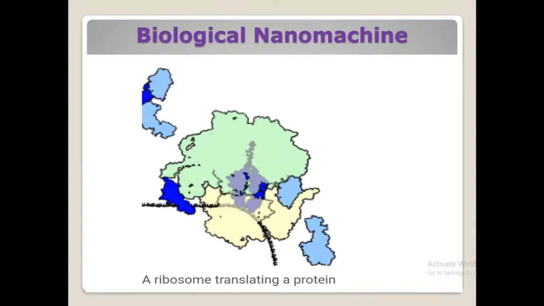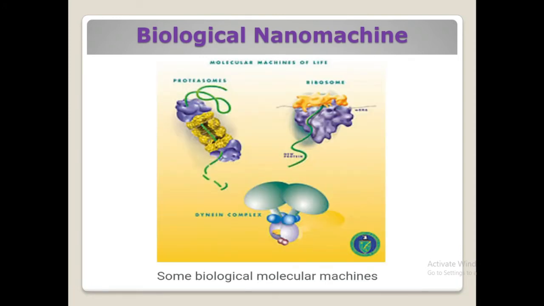So this ribosome is a very complex biological nanomachine which is present inside a cell. We don't know exactly how these mRNA code sequences are converted into amino acid sequences. That is happening very minutely there, because it is a biological nanomachine. You can see another biological nanomachine, an example for another biological nanomachine.